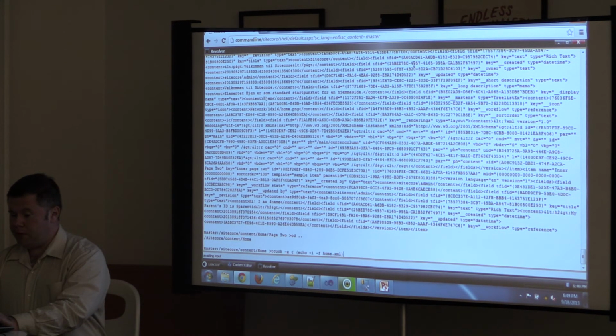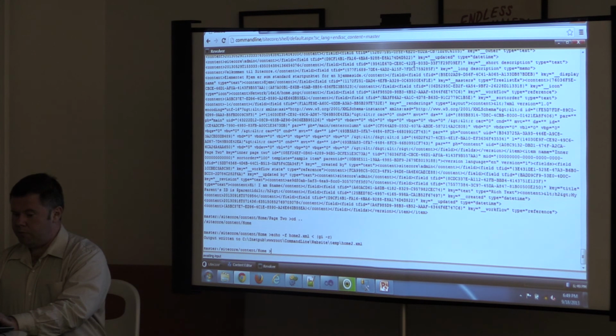And actually, you can press up and down. You can have an audit trail of different commands that you ran in the past, which is really useful, just like Unix and DOS, which is awesome. So I can do this, and I'm going to put it in a different file. I don't know if it will append to it or overwrite it. I haven't tried that. So boom.